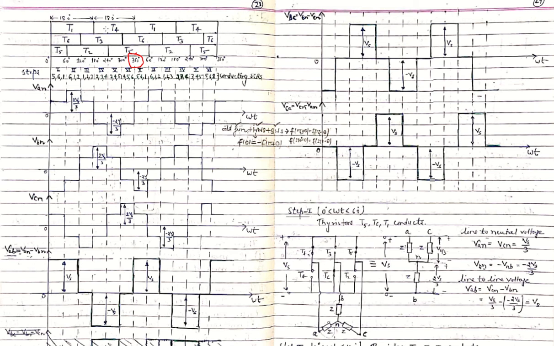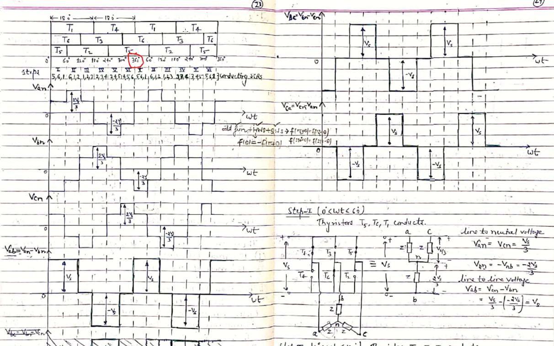So it will trigger after this, because one from the positive group and one from the negative group are conducting at a time, because we want to obtain a closed loop for the current to flow through the load. So after T1, T4 will be fired, and it will also conduct for a duration of 180 degrees, from this 180 degrees to 360 degrees. So T1 and T4 are each conducting for a 180 degree duration. In this way one cycle is completed, and again these repeat in the same sequence: after T4, T1, and then again T4 will be conducting.